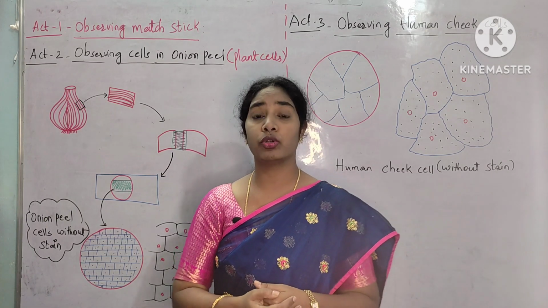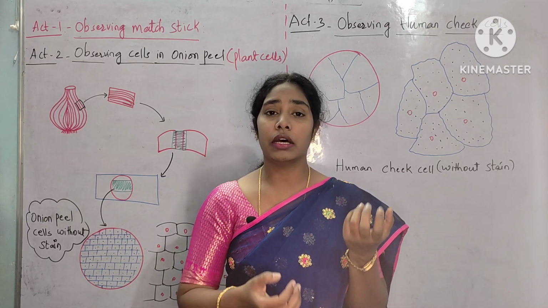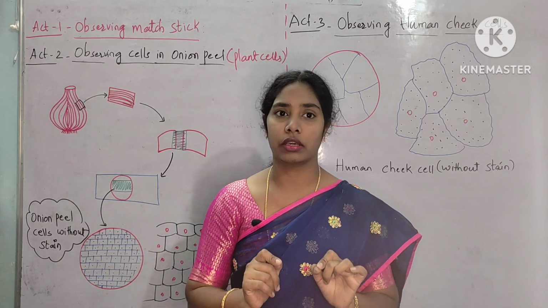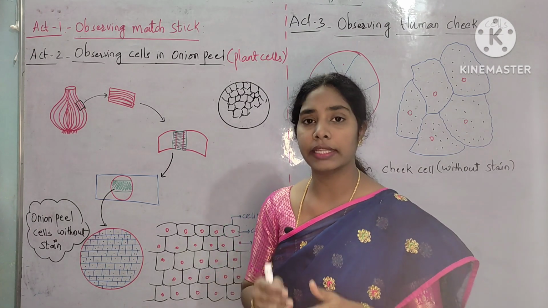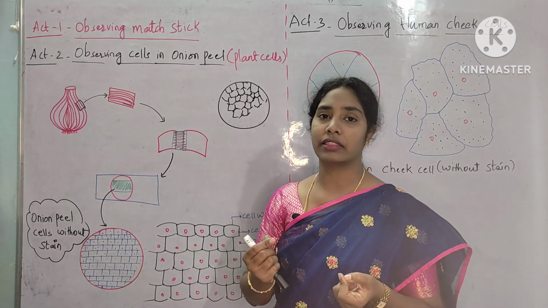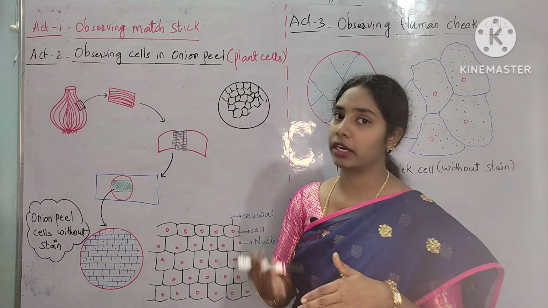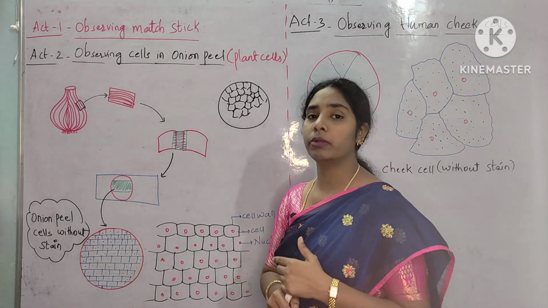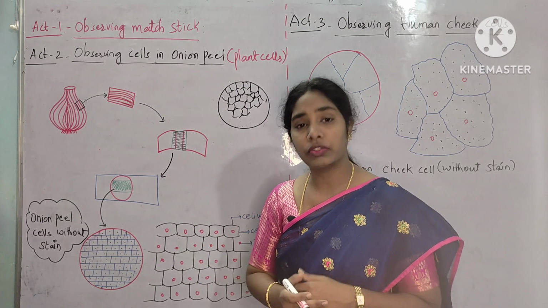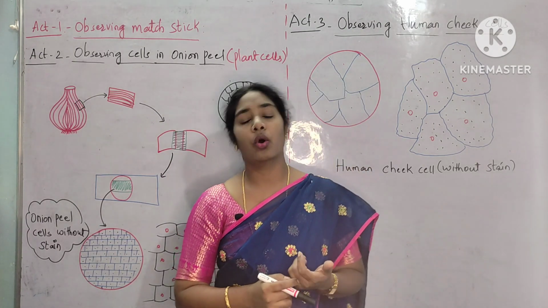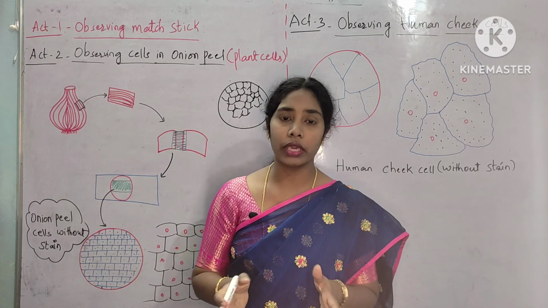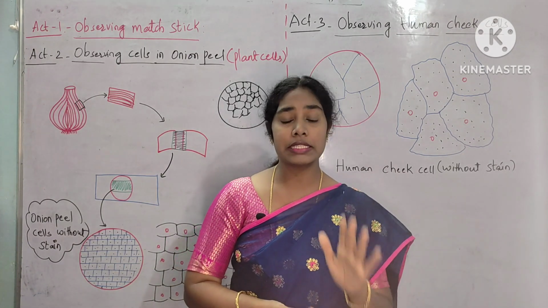We cannot. So we have to take some apparatus which is easily available to us, and that is a matchstick. Take a matchstick, soak it in water, and after some time cut it into thin slices. Take one thin slice, put it on the slide, and observe under the microscope. With a normal microscope, you will observe a structure like this. Whether the oak tree bark cells or the matchstick, all these are dead cells. So we can observe dead cells under a microscope.